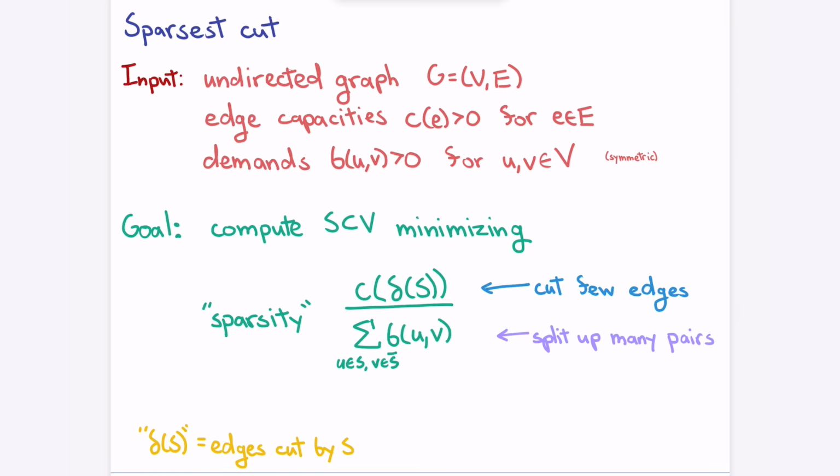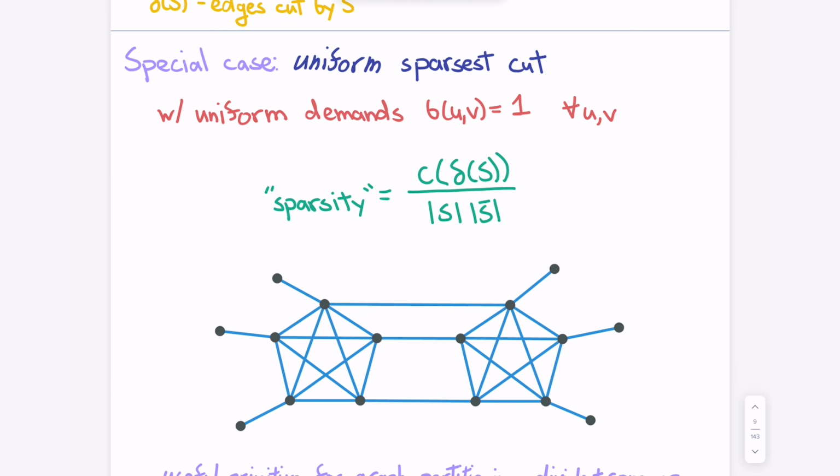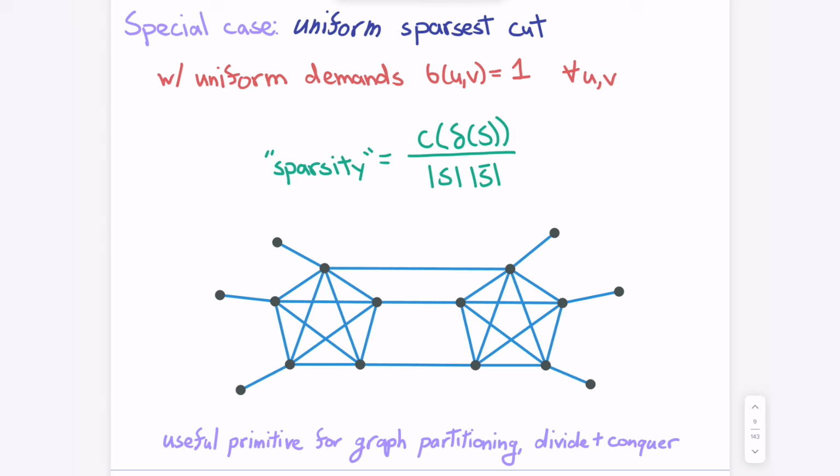But let's see. So you're given an undirected graph with edge capacities, okay? And actually, let me go to a special case first, because I think it's easier to understand. So this is very natural if you want to start doing divide and conquer on a graph, okay? And the high level idea is you want to divide the graph in half. You want to remove a few edges and have most of the graph surviving with large chunks so you can